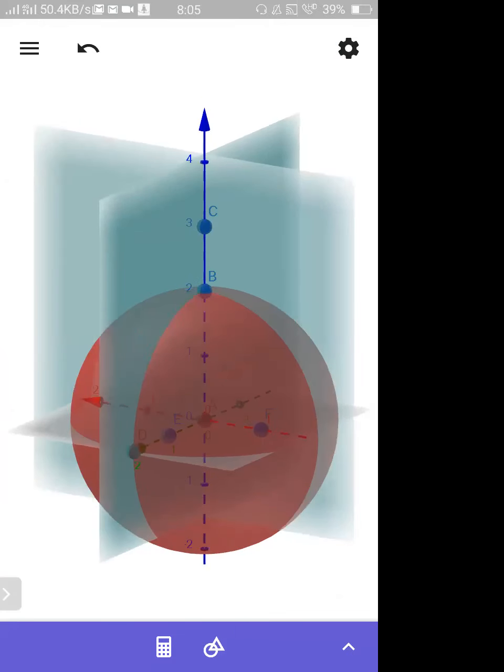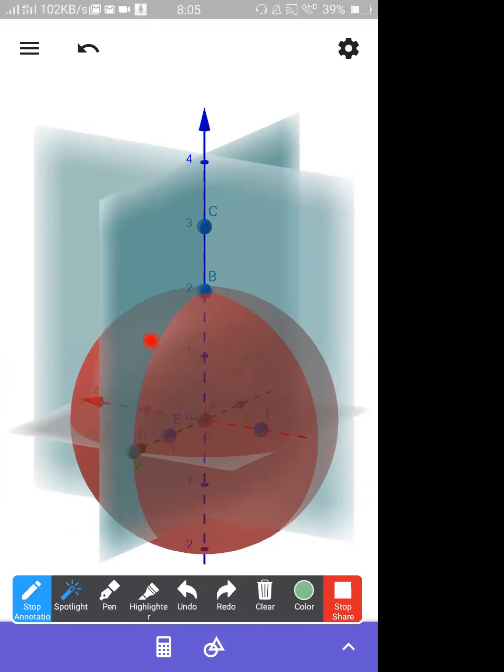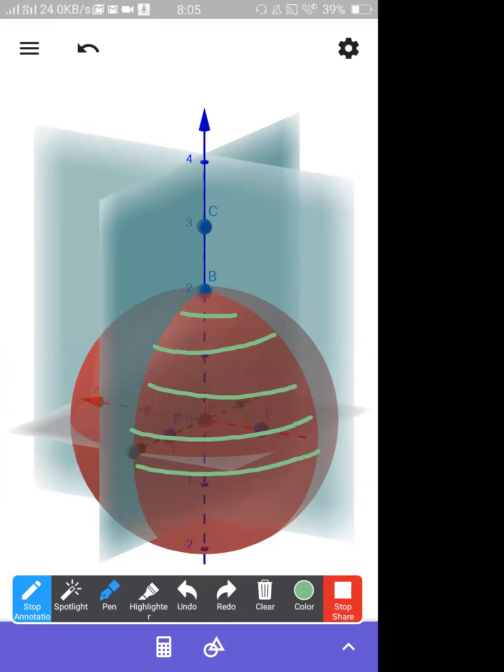So what I have done is make a change in phi. In the first case, this plane is at phi 0 degrees. This plane is at phi 90 degrees. Now I am making an arc. The arc may be like this, or like this, or like this. Is it clear?